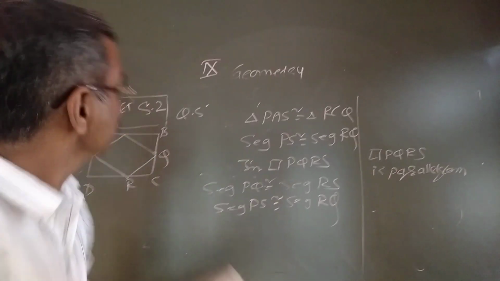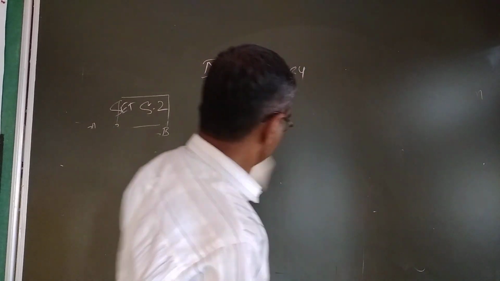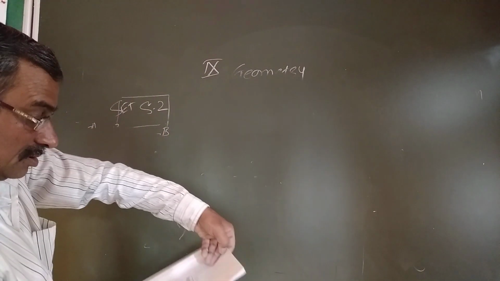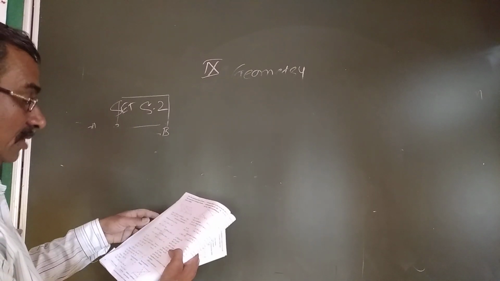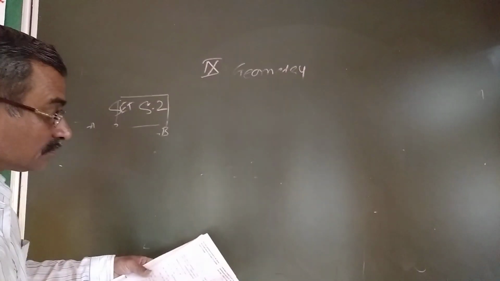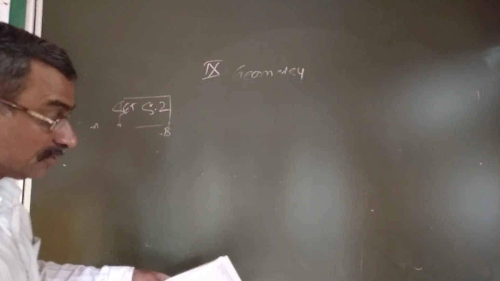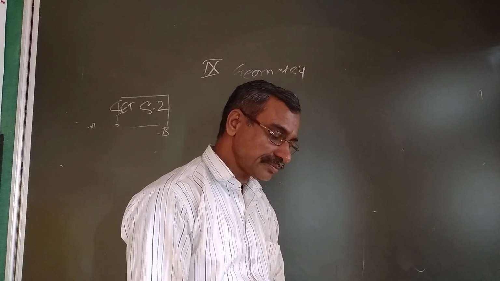That we proved. Then we are solving question number 6. Now draw here the diagram of that question. Here there is no question number 6. We covered all of exercise 5.2. Thank you.